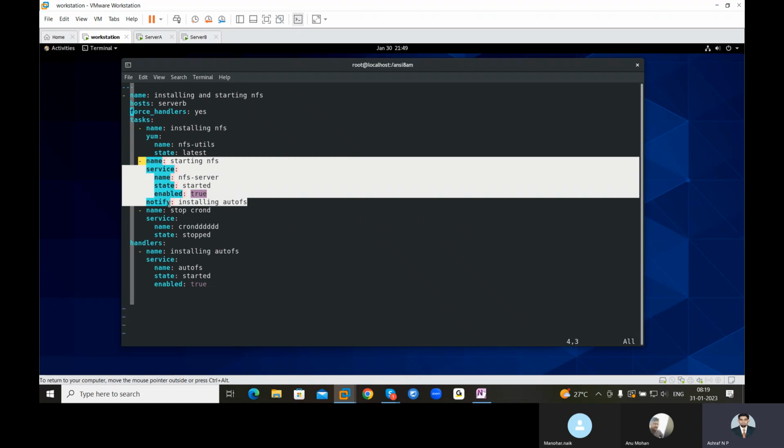So this runs successfully on server B, but NFS was already started on it. So it ran successfully, but changes didn't happen. If the notified handler is to run, the task from which you are notifying must make changes. Understand? That task must make changes, then only the notified handler will run.